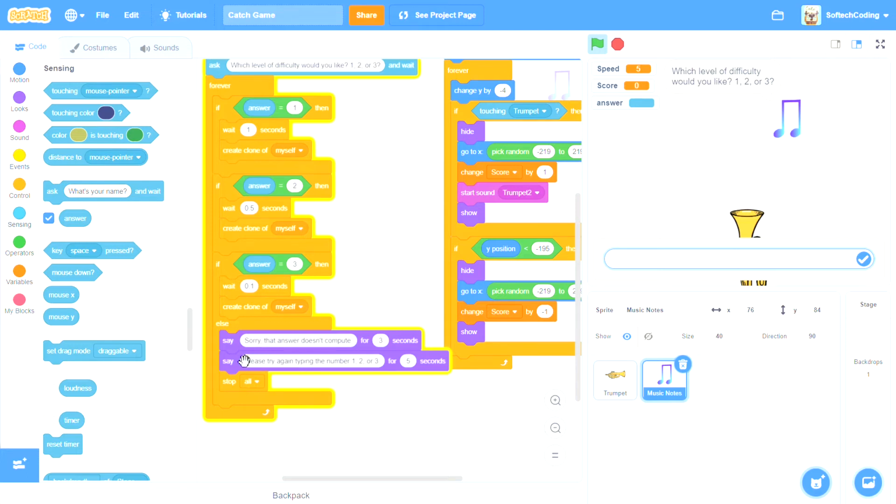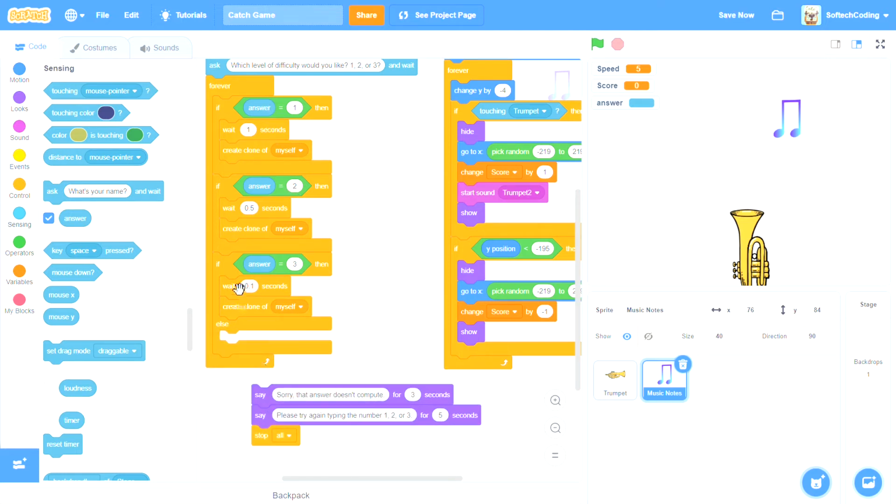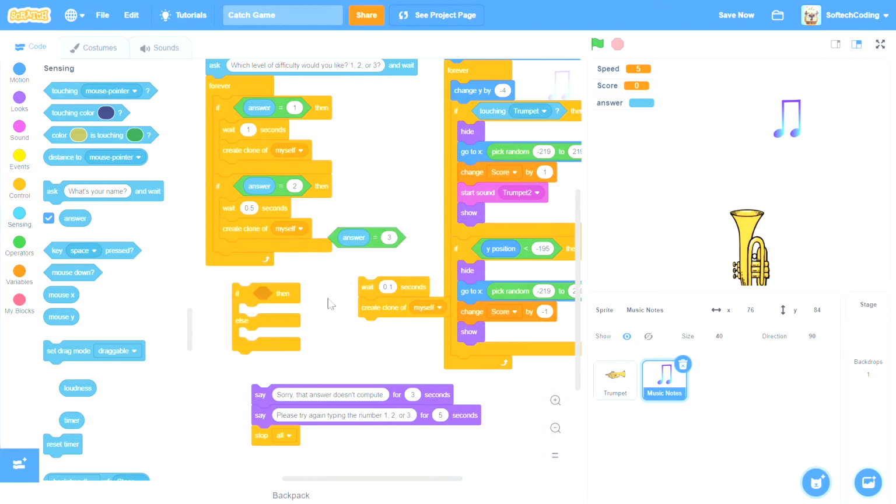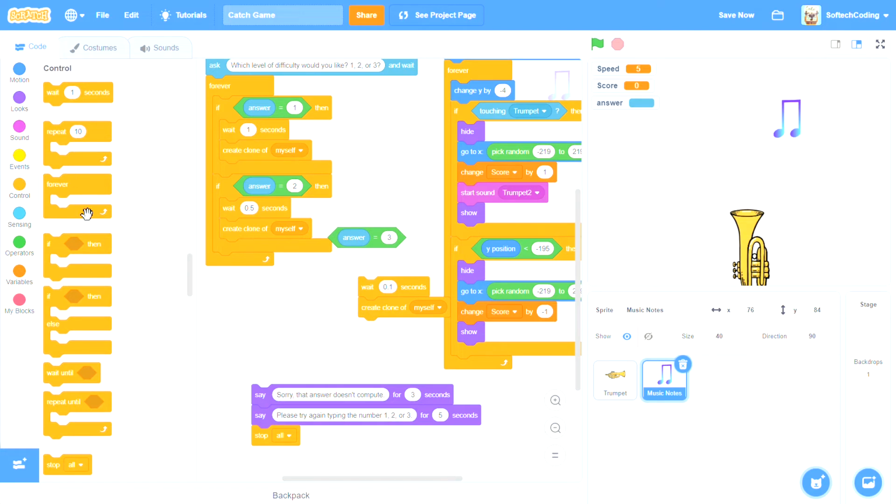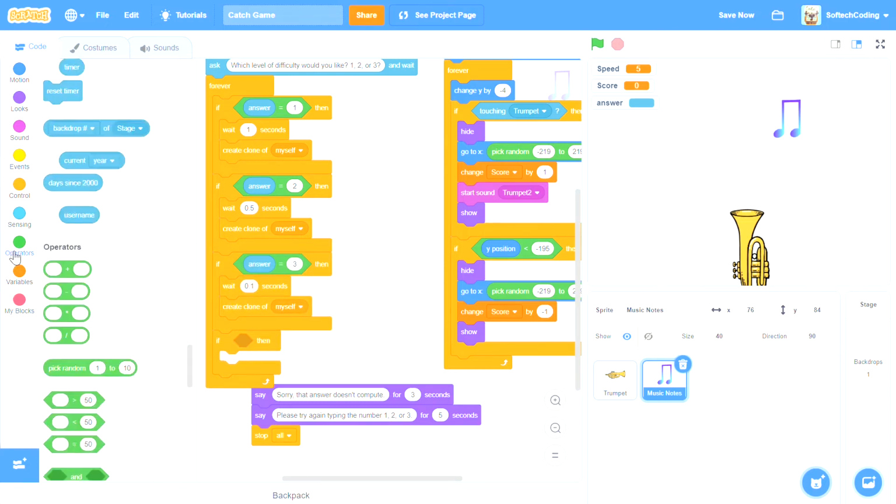Oh, I see what we did wrong here. Since the answer isn't 3 and the answer is 1, it says, sorry, that answer doesn't compute. So instead of doing this, we need a separate if block for the last one. Well, that didn't work, but that's okay. That's how we experiment and figure things out in code. So I'm just going to pull this back in here, pull this back in here, and if,